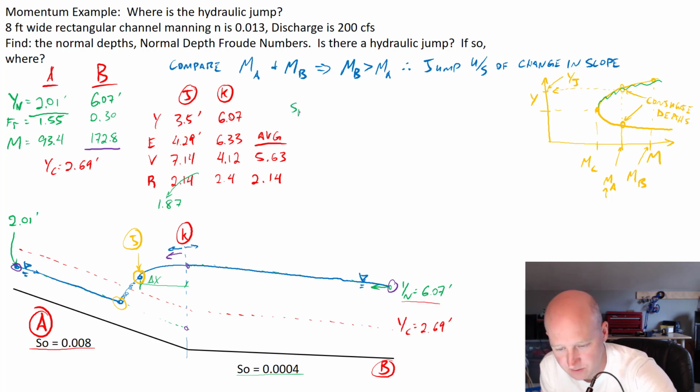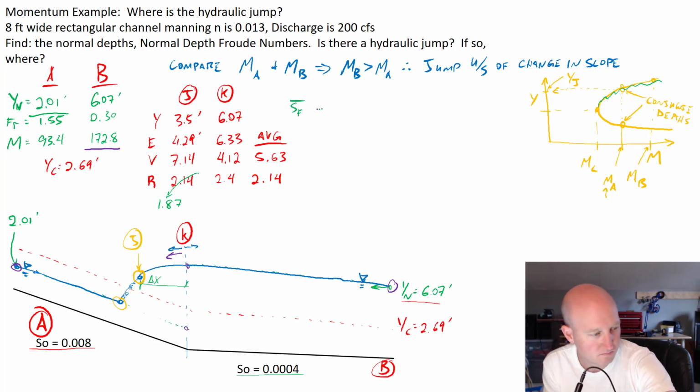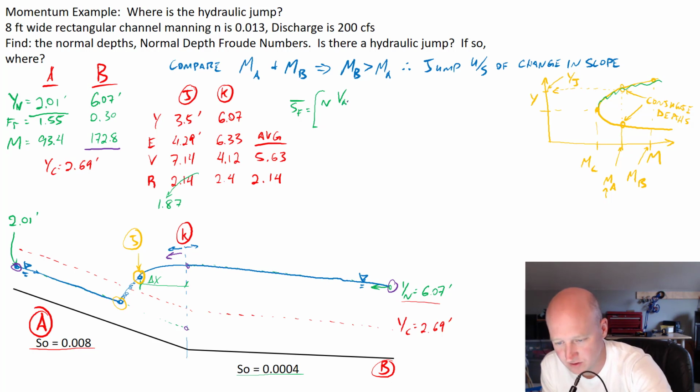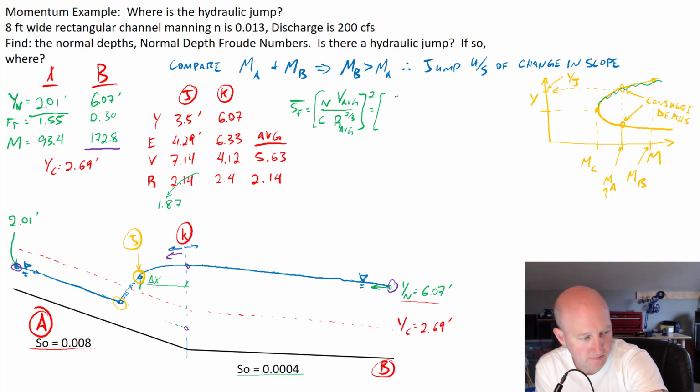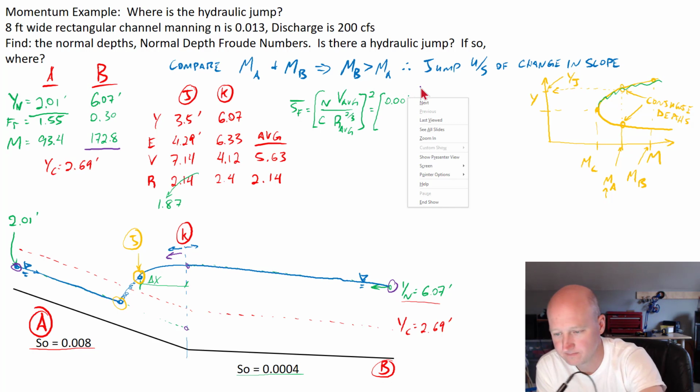So the average slope of friction is the Manning's n times the average velocity over our unit correction, 1.49 times the average hydraulic radius to the 2/3 power, and then that whole thing gets squared. So if we put our numbers in,